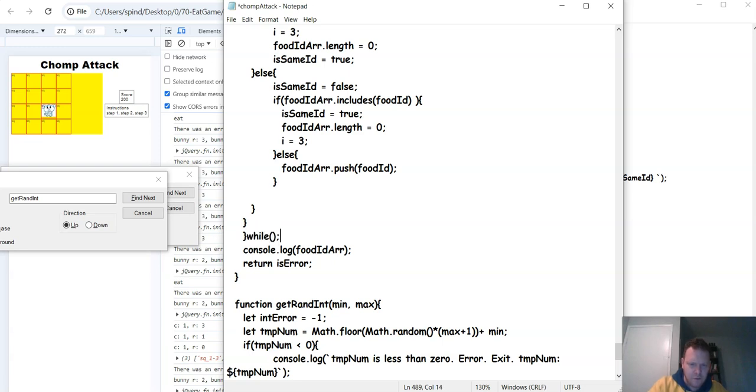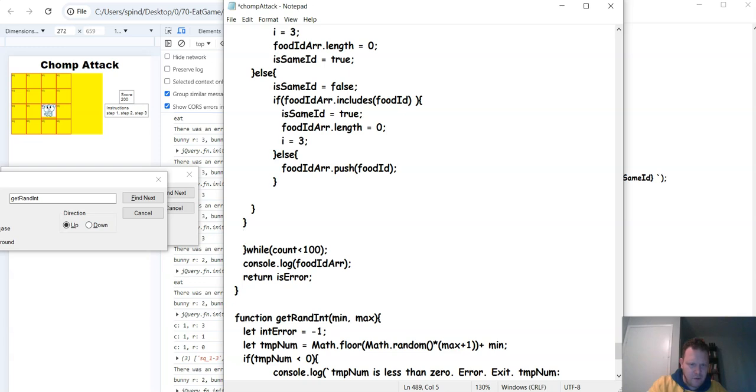while this is true. So while count is less than 100, but you have to make sure the count is incrementing. Otherwise, you're in big trouble. So count plus plus. And we'll do it while count is less than 100 and